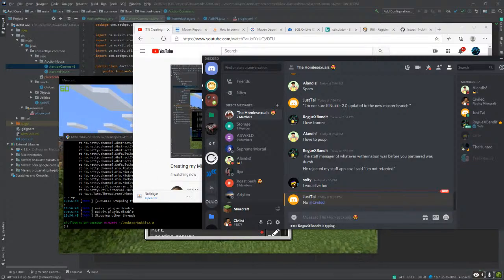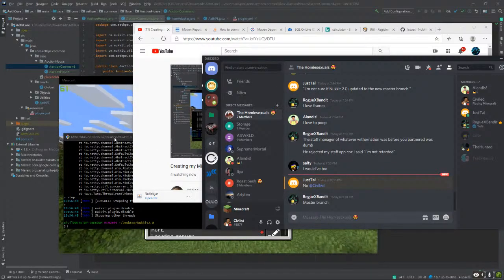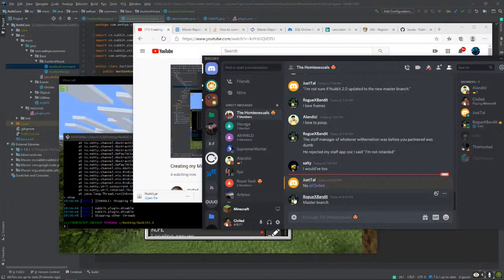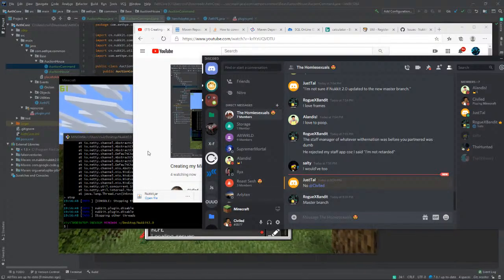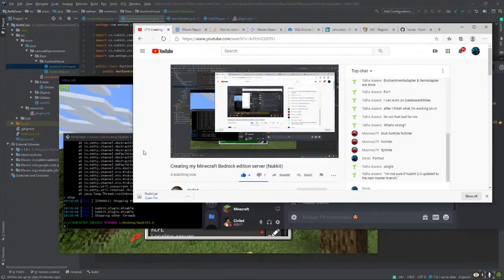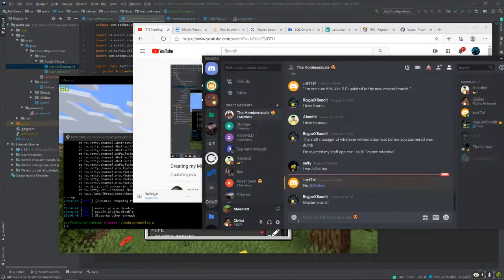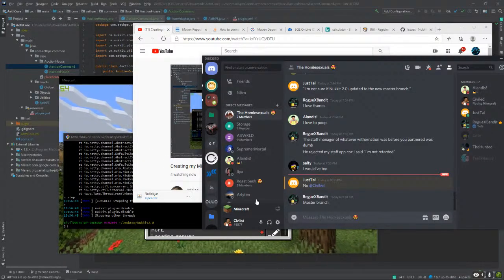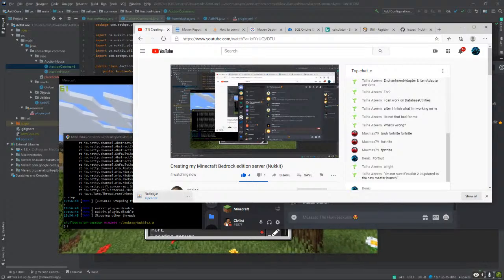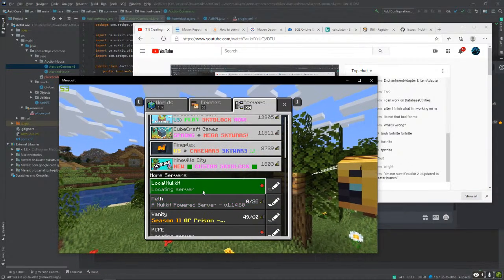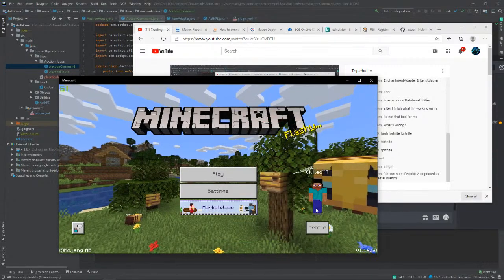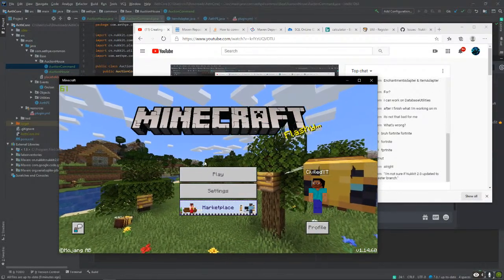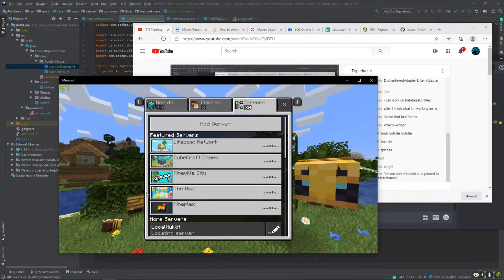So what is the testing server running on? Are we using the master branch? I don't even know if Rogue knows what he's talking about. Because that might actually be an issue for us. Because I don't think I'm going to be able to test it, because I'm running 1.14.6.